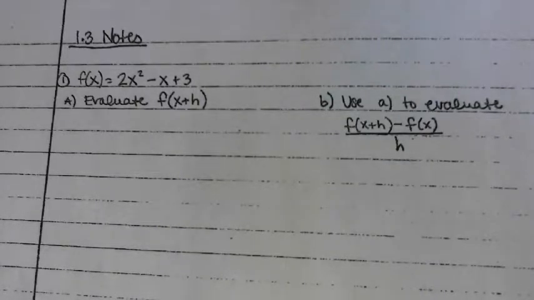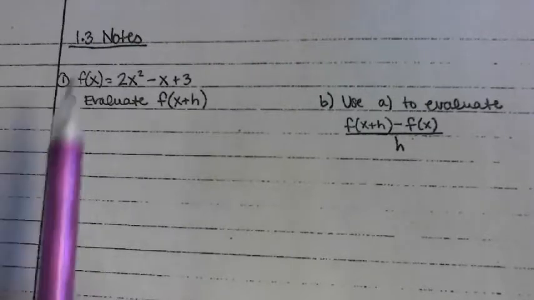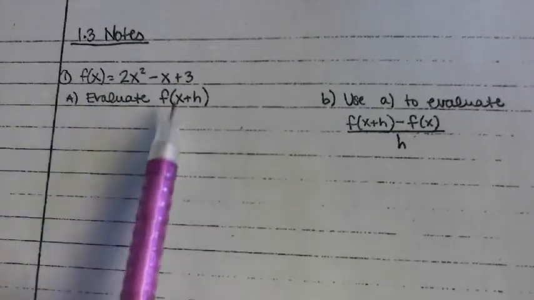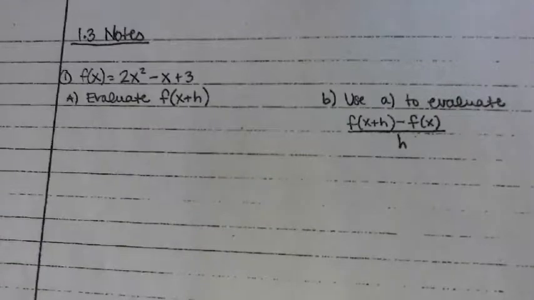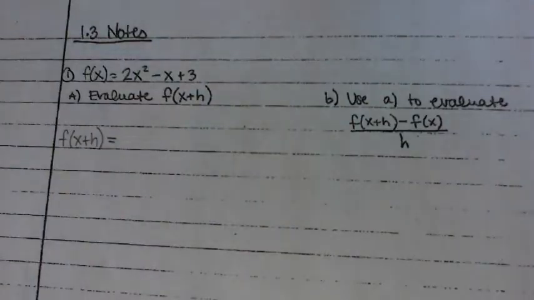There is a reason we do it. But in this particular case, we're evaluating f of x plus h. So essentially just like if it was an f of 3, wherever there's an x, you would put a 3. Well, wherever there's an x here, we're going to put an x plus h. So f of x plus h equals 2 times x plus h squared